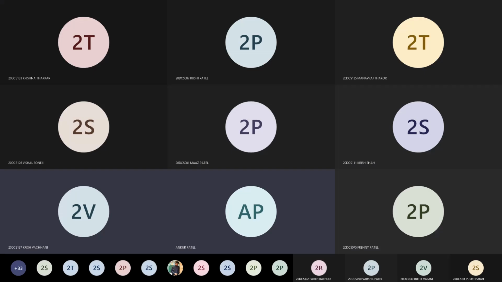Our classes are reshuffled and we have joined using our permanent IDs. So we were in CSE 1 and unit 6 was not started there. Right, so everyone shifted in the class? Yes, sir. These are our permanent IDs. Okay, so some of the students remain in division 2, and some of the students shifted into division 2.